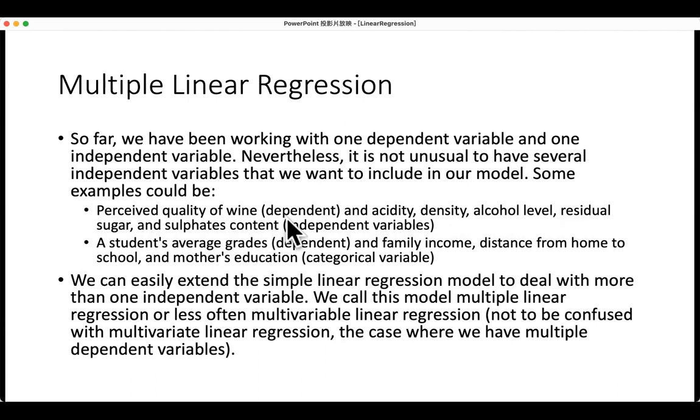The rest of these terms are what we call the independent variables. We normally use these independent variables, which we have control over, to predict or determine the quality of wine. And by the way, since we are on this topic, if you see a wine with a high level of sulfate content,